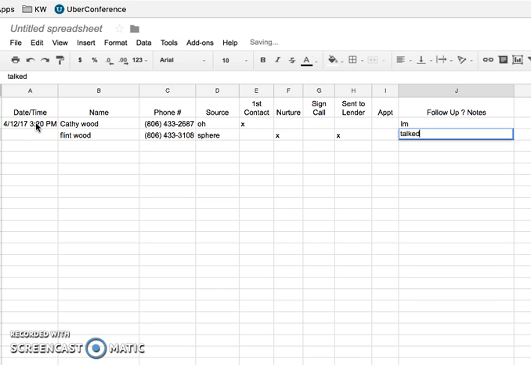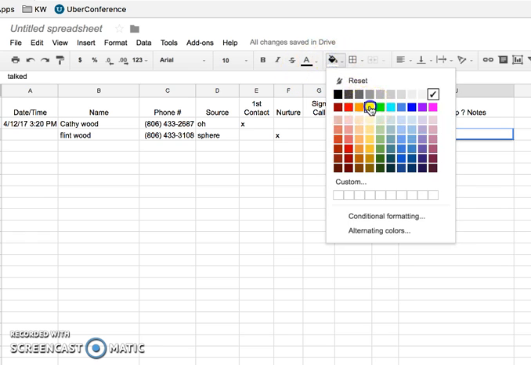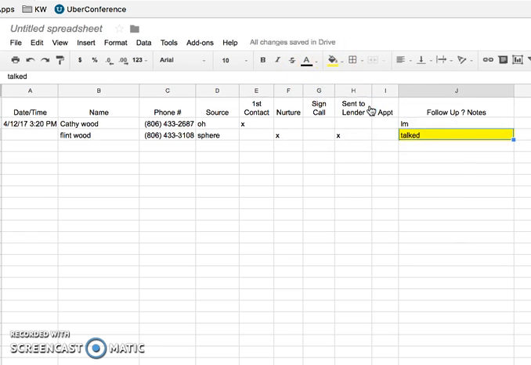So what I do when I get through, I'm going to have all these different things filled up as I'm making my calls. And on mine, I'm just going to tell you, I like color, and so every one of these columns I'll do in a different color. But I'm going to highlight this in something that I'll see, just because I know that that means I talked to them. So at the end of the day, when I'm reporting out my numbers, I'm going to go, okay, well, let's say that I get all the way down here. That's 23 less 1 because of my header. So I called 22 people. I'm going to count how many yellow checks